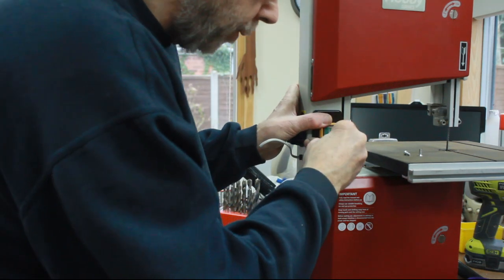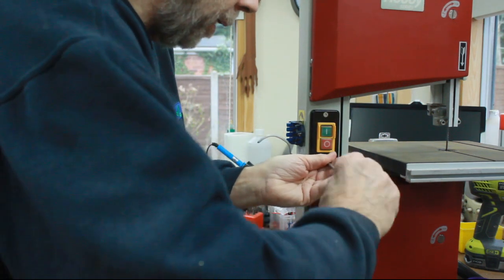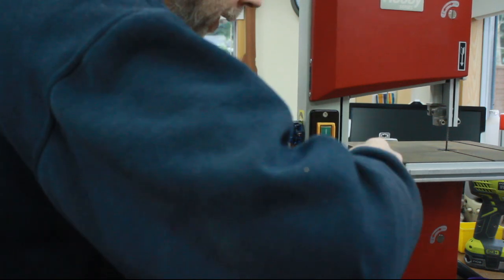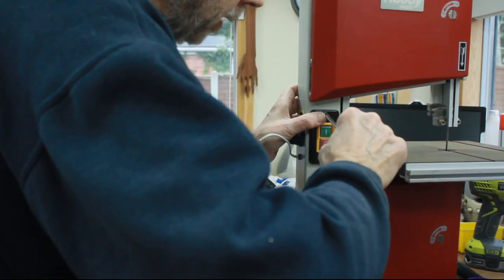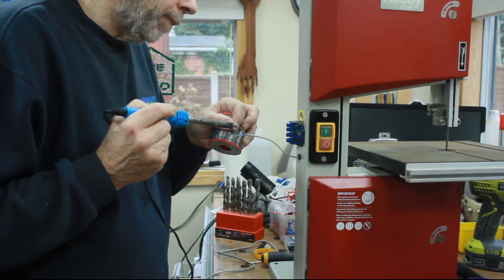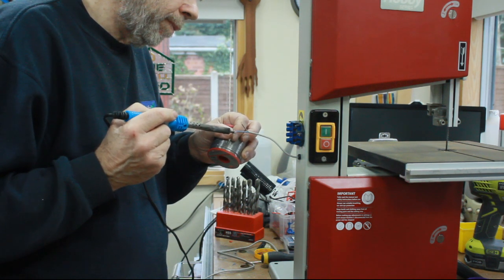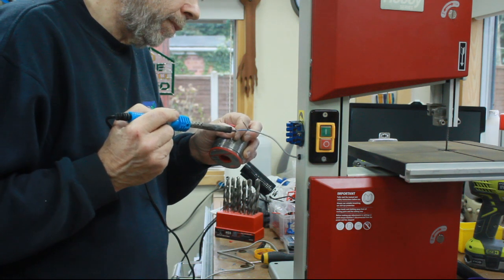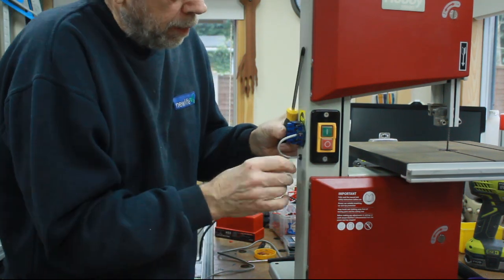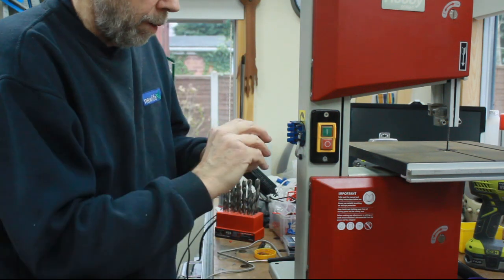I'll just pop the cover back on now. That's done. All we need to do then is connect the socket up to the power. We'll put the plug on the light and we'll test it and see if it works. That's it. So pop the spare cable back inside, put that outlet there, screw the cover back on,